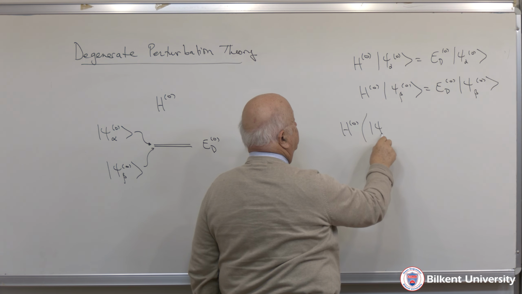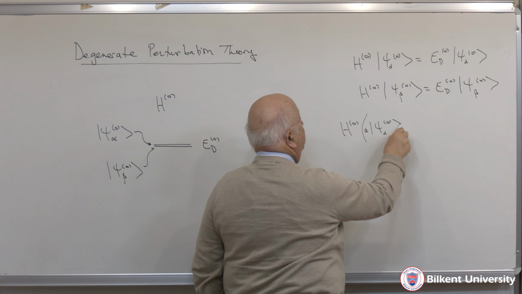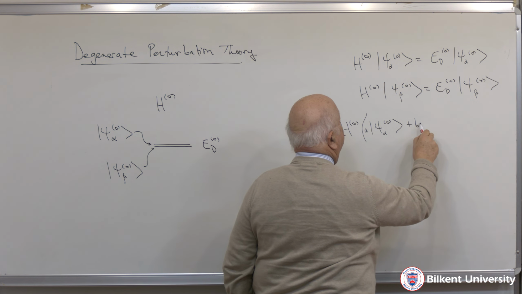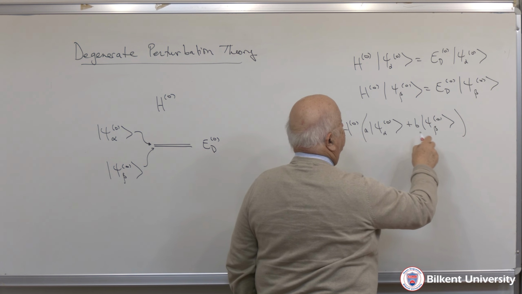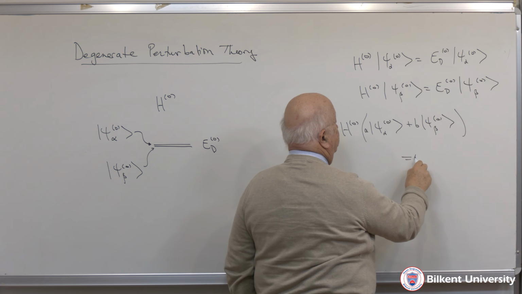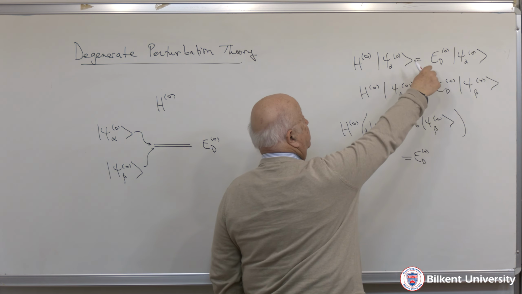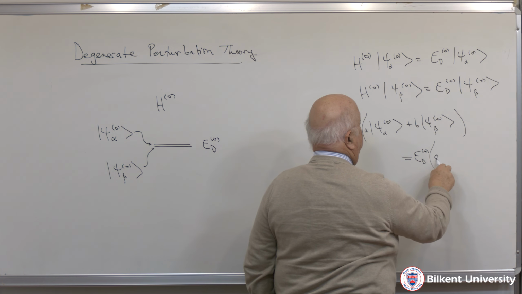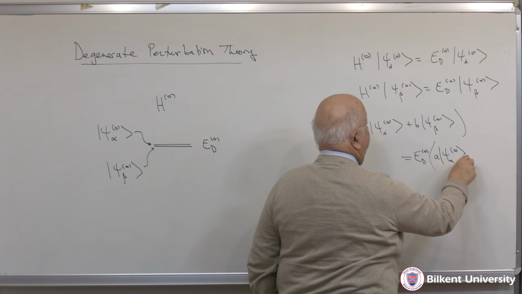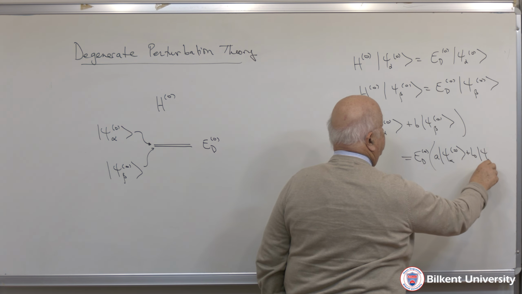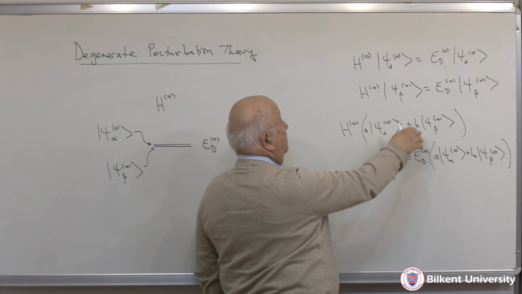If I look at some A times psi alpha 0 plus some B times psi beta 0, that is also going to give me the same energy E_D 0, because each term is going to give me an E_D 0, and I'm again going to get the same state. So I can form linear combinations of these two states, and they will also be